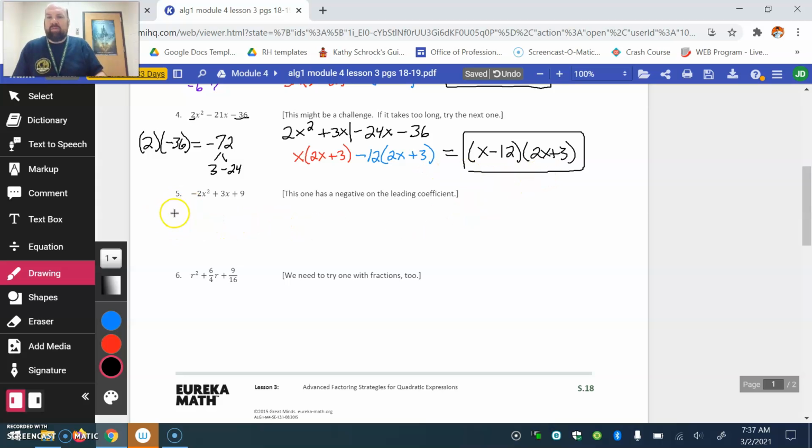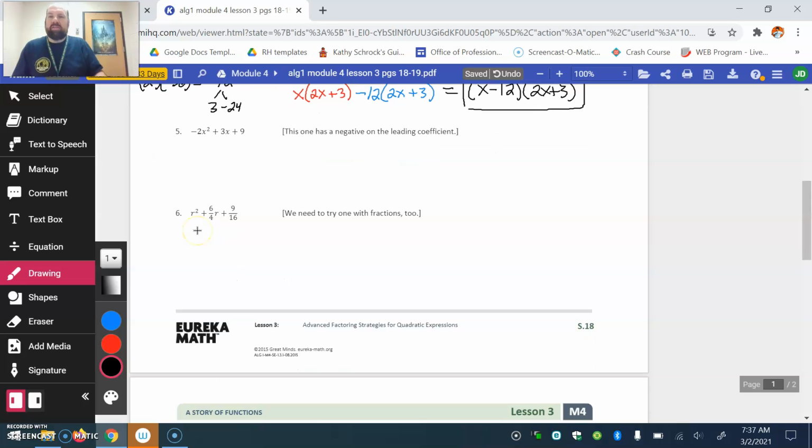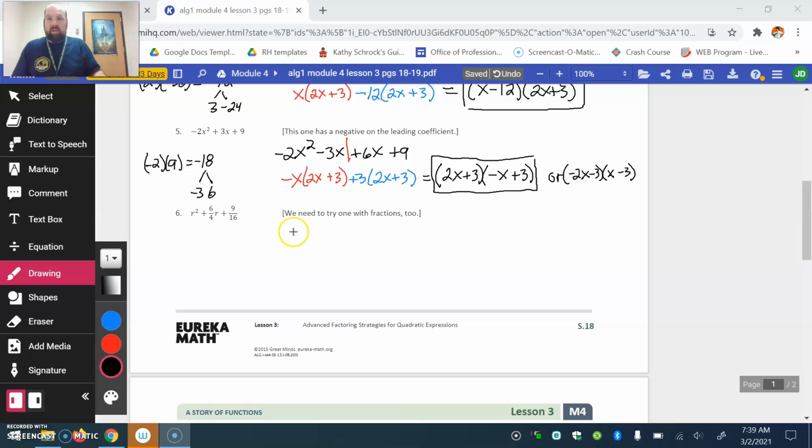Okay, try number 5 on your own. I'm just going to tell you, you're going to do negative 2 times 9 and get negative 18, and then see what you get from there. I'm going to pause the recording. Okay,